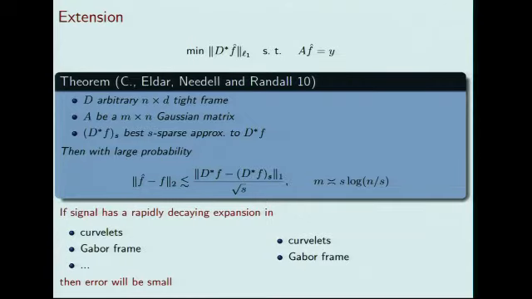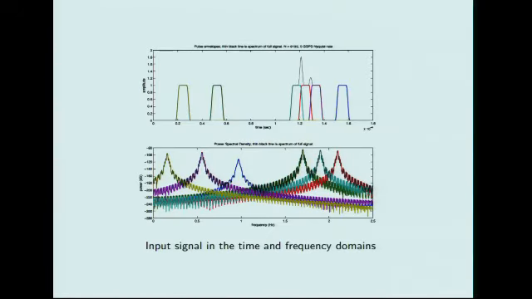All right, but in fact, the result does not hold for Gaussian matrices. It holds, so showing you some applications. So here are some radar pulses. It's an application in radar where now we have a superposition of radar pulses. And what this plot shows at the top is the input signal in time and frequency without the modulations.